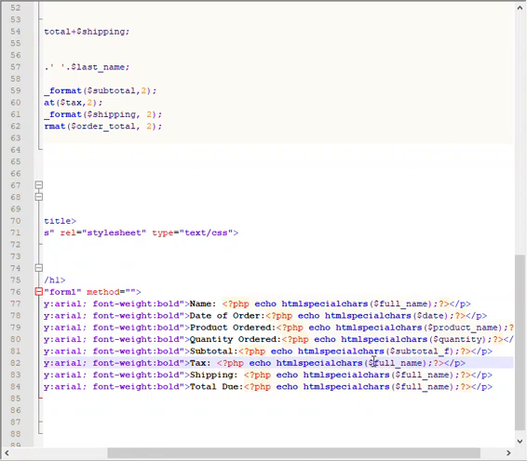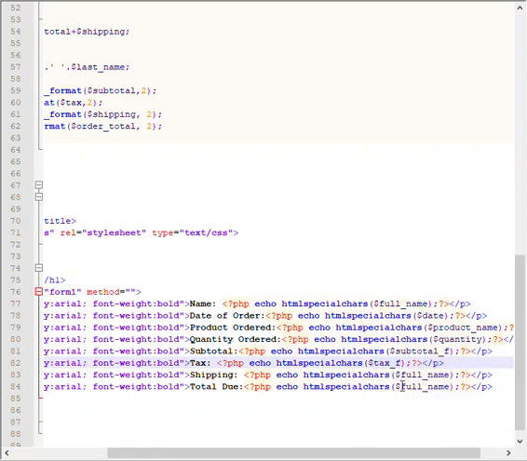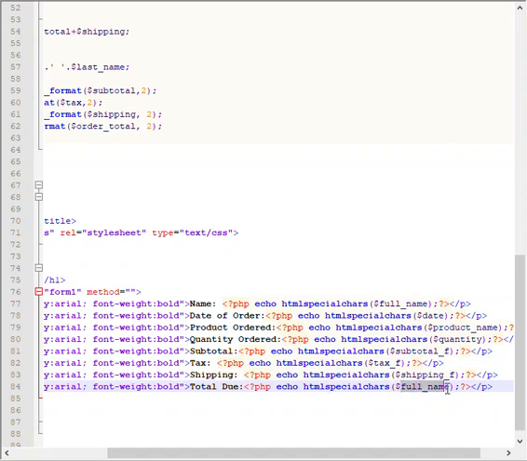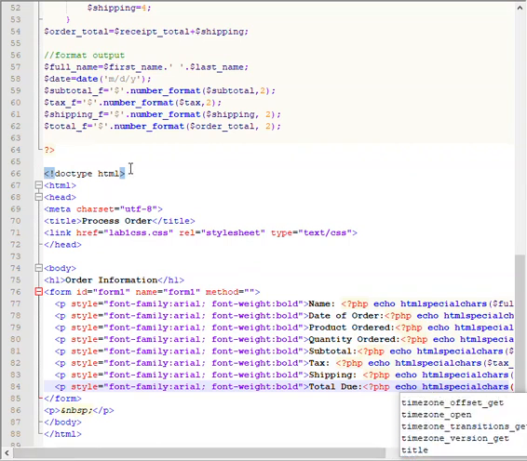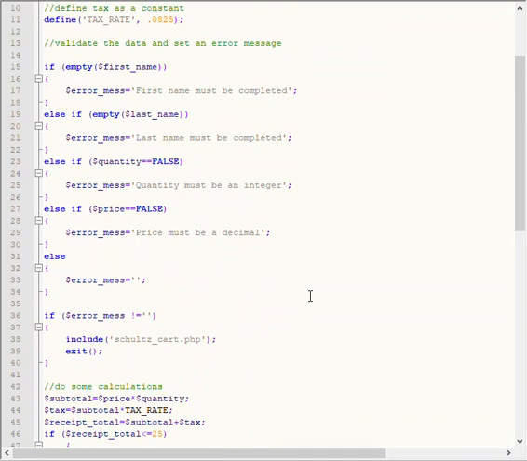We'll change this to tax F. Remember, those are our formatted variables. We'll change this to our shipping. Oops, have an extra $ sign in. Shipping F. And finally, we'll change this to our total F. Let me just check to make sure total F is what I had, and let me double check to make sure product description is what I named it. Product name